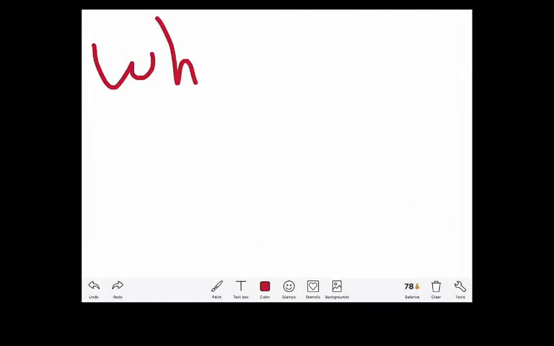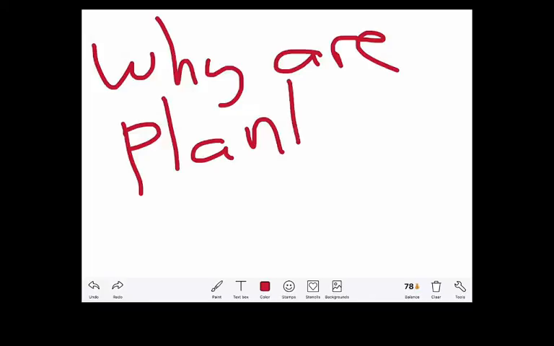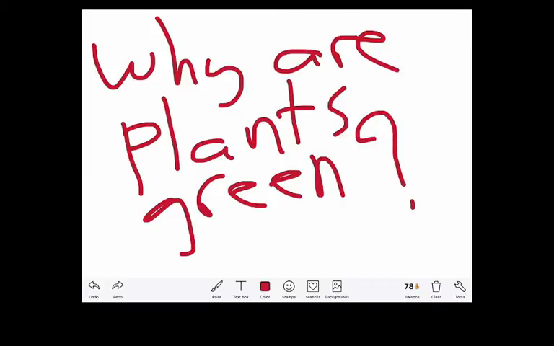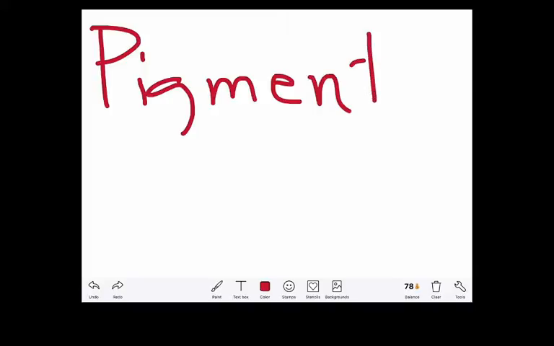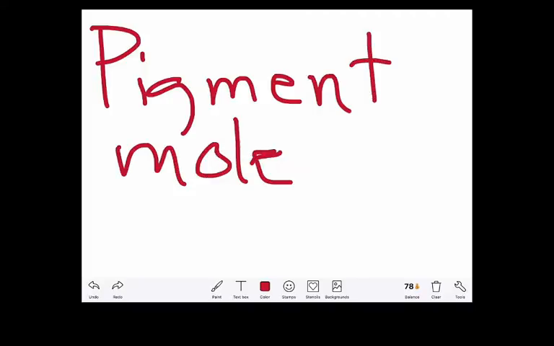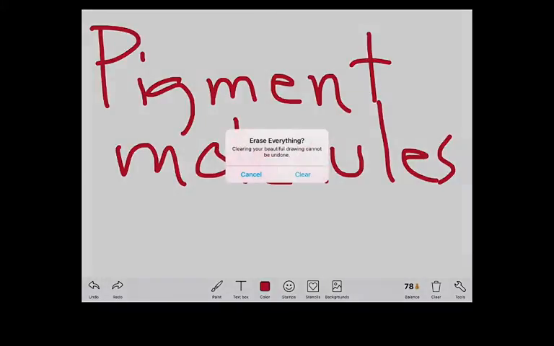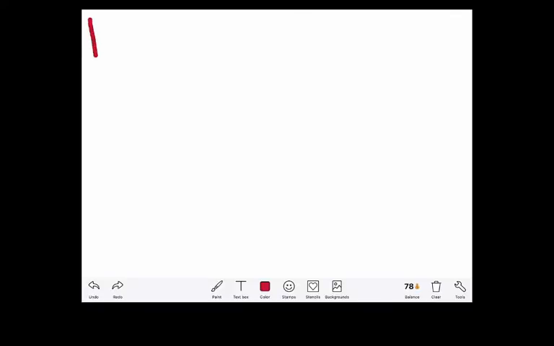So why are plants green? And I asked this question a few minutes ago. Why is blue blue? Why is red red? Why are plants green? And the answer is pigment molecules. And what's special about pigment molecules is that pigment molecules, pigments,